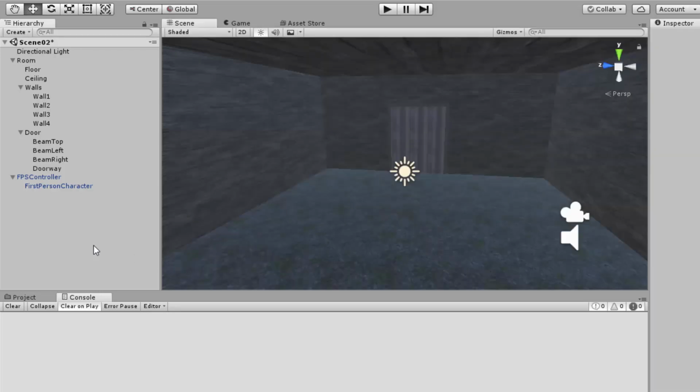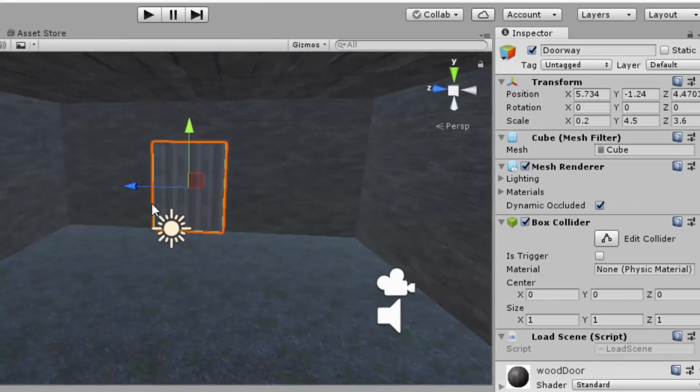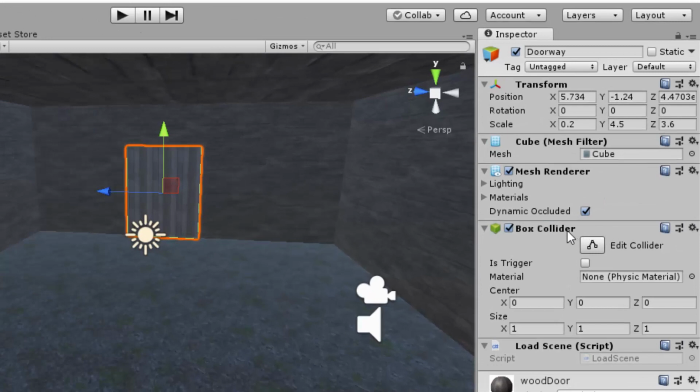Let's come back to Unity, click on the doorway. We already have a collider, which is wonderful because that's how you make a trigger. So you can edit the collider, move it around, make it stick further out if you wanted to, whatever you want to do with that collider. But right now, all I want to do is change the isTrigger to enabled. If I save and run,